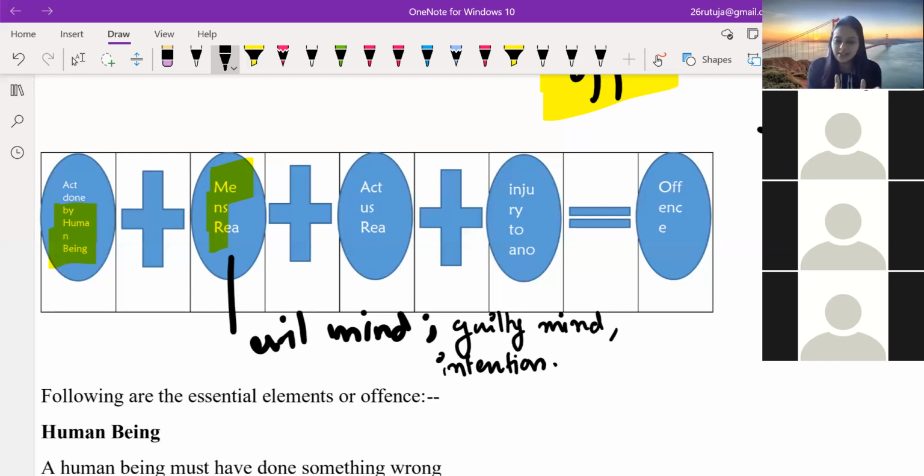Can this thief say that you committed an offense? Can he file a criminal suit against you? No, ma'am. क्योंकि आपने ये सब कुछ क्यों किया? आपके खुद के प्रोटेक्शन में किया है. You have done it under self defense, right? You did it under self defense.